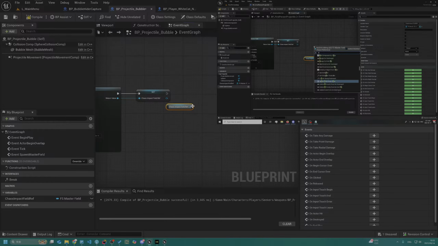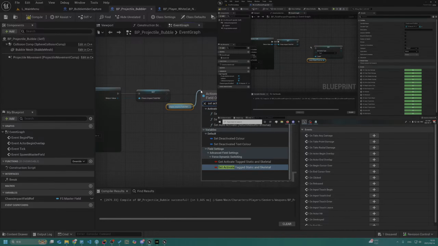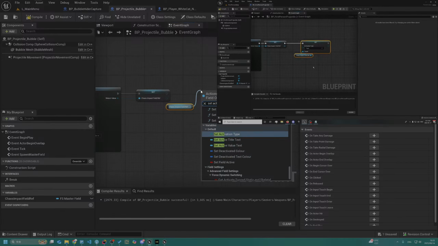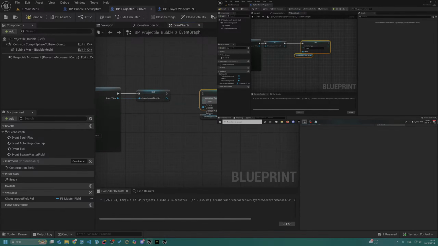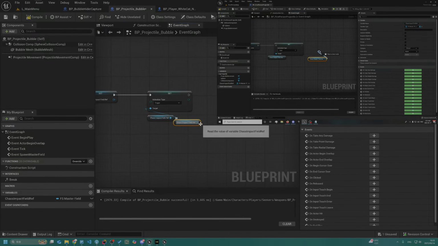Get activation type and set that to trigger. And we will also copy this variable with Control C and Control V so I can paste it again.